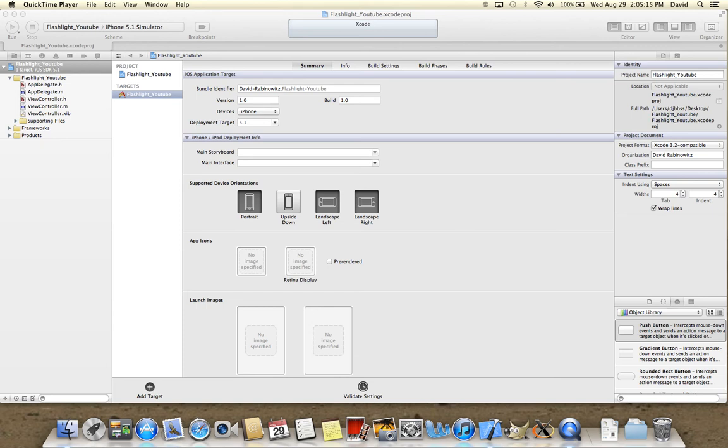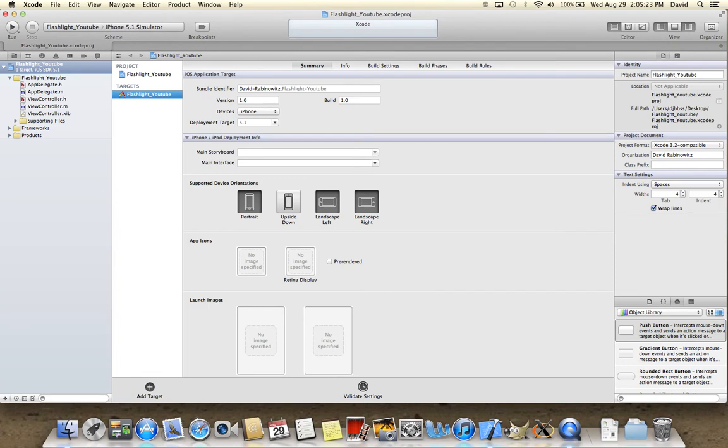Alright, so in this tutorial I'm going to be showing you how to make a flashlight app. So the first thing you're going to want to do is open up a new project in Xcode and call it Flashlight or Flashlight YouTube, or whatever you want to call it. And then what we're going to want to do is go into Build Phases,